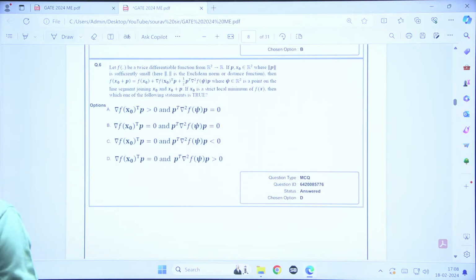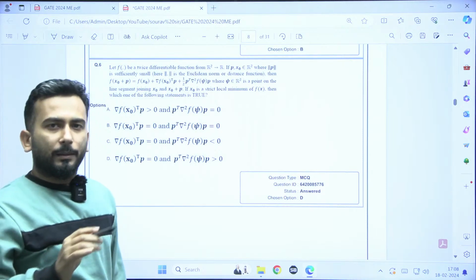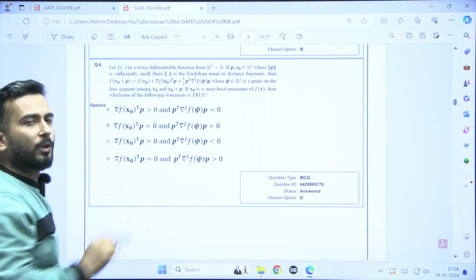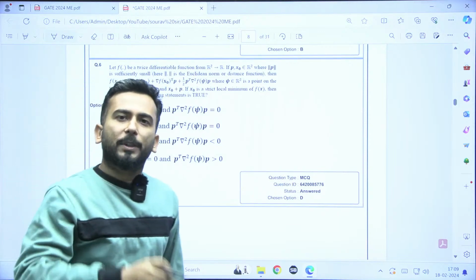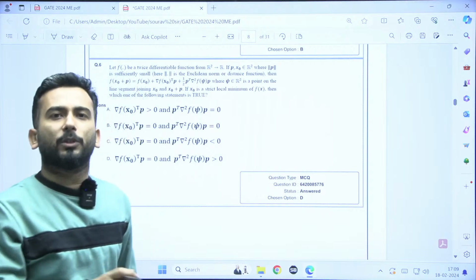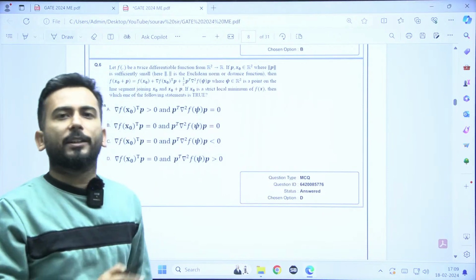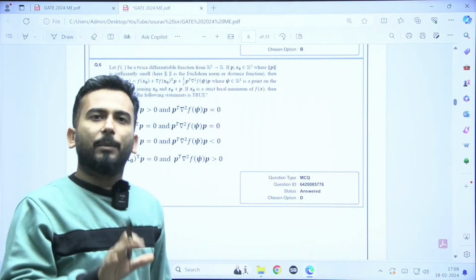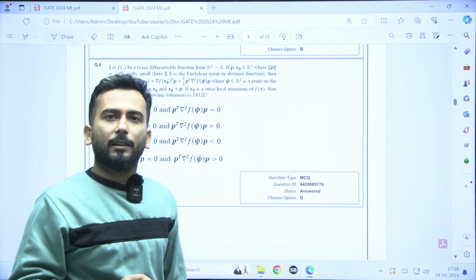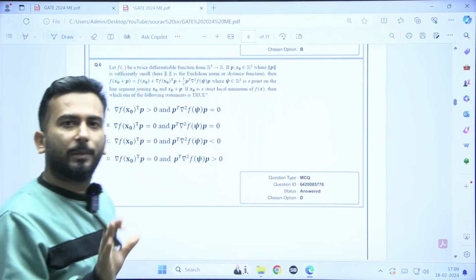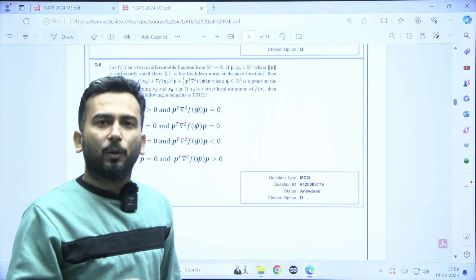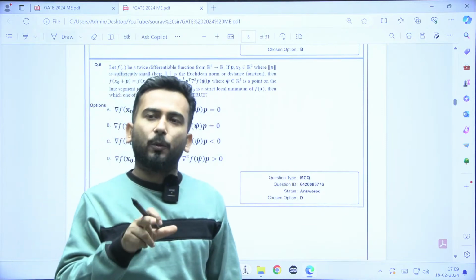Okay, question number 6, it's a mathematics question. My dear friends, I'll tell you only one thing. If you read the first 4 lines of this question, you will not understand that much. You will be confused within notations only. But if you remember the concept of maxima and minima, you know that at minima or at maxima, the slope will be 0, differentiation will be 0. For maxima, the double derivative is less than 0. For minima, it is greater than 0.